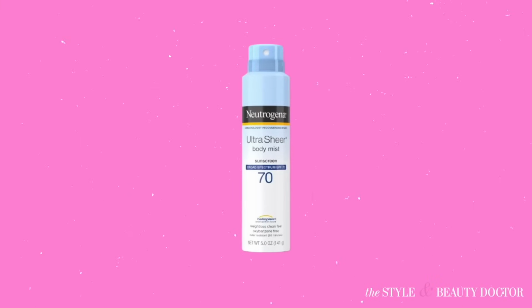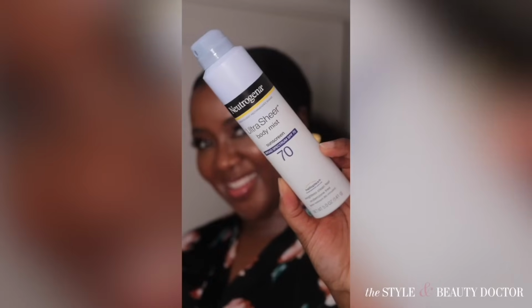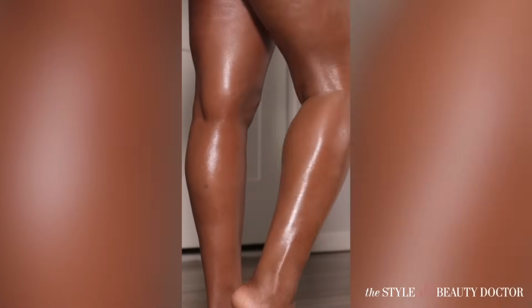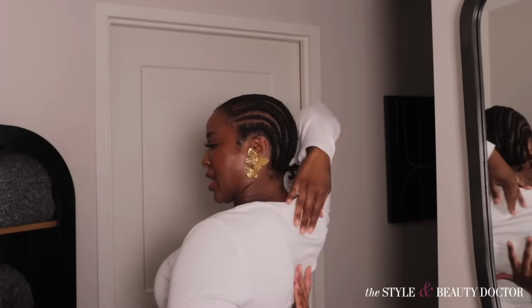But remember, I also said that there are other things that you should be doing to practice safe sun: big hat, big sunglasses, seek shade, try to stay out of the sun between 10 and 2, sun protective clothing, yada yada. But I like that Neutrogena Ultra Sheer Dry Touch Sunscreen Spray. That's a mouthful. It leaves the most beautiful sheen on the skin, and the sheen actually lasts. What I like about it is it kind of forces you to reapply your sunscreen because you're just like, ooh, I need a little bit more shine on my skin. And sometimes there's that hard to reach area in your back. If you don't have somebody to put sunscreen on for you, a spray definitely comes in handy. You might not be able to get back there to rub the spray in. So just go,